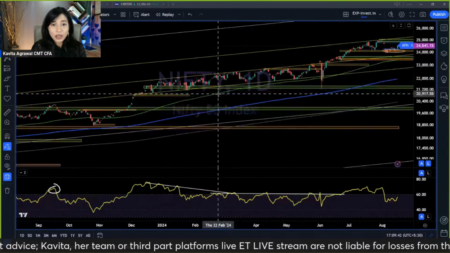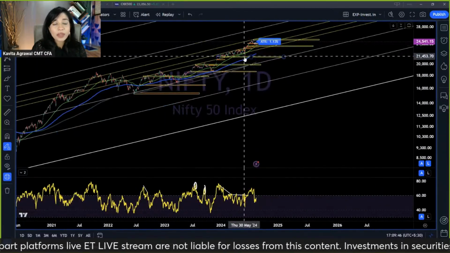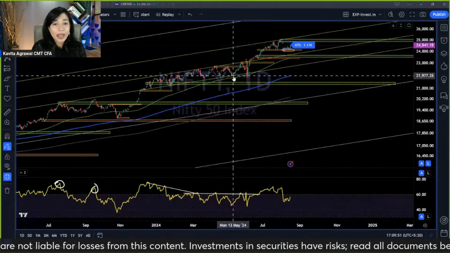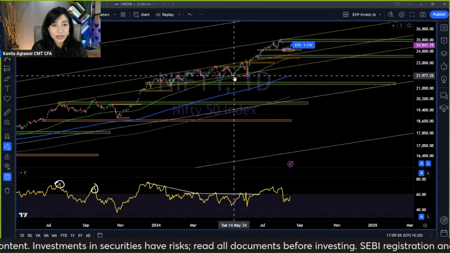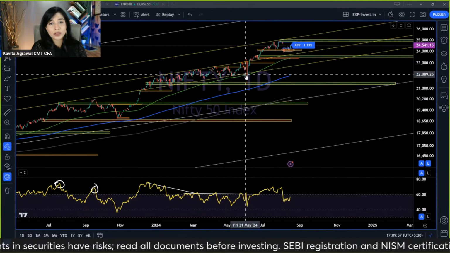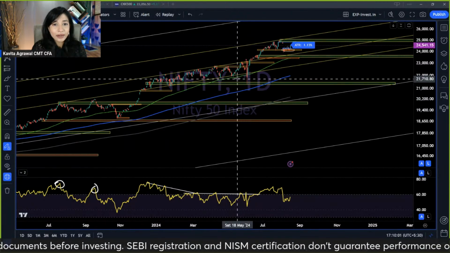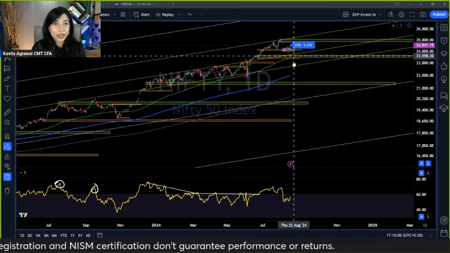I also believe, as per the broad analysis, that what we have experienced since 4th of June is a very, very new rally. Actually, in my Elliott wave count, the new rally started from 10th May itself. The 4th June fluctuation was a little bit of an anomaly, so I tend to ignore the wick side of that. Right. So this was one entire wave, and I think this is an ABC correction that is unfolding.